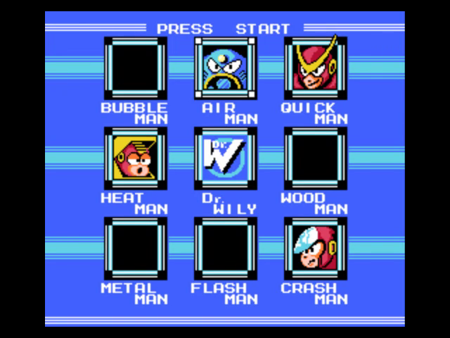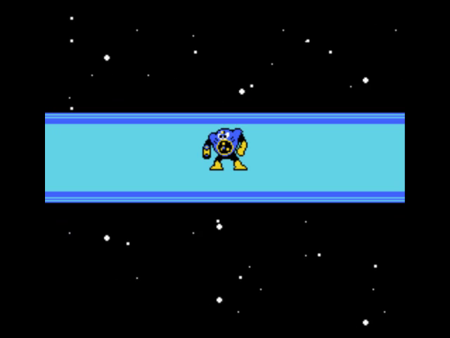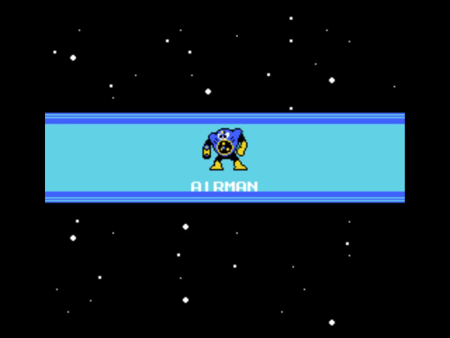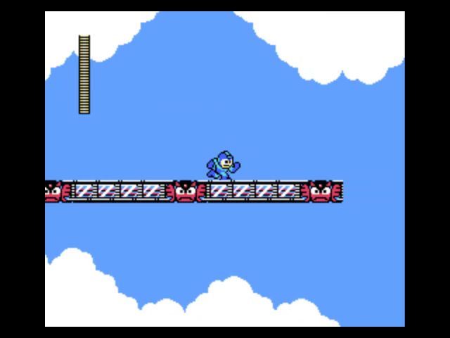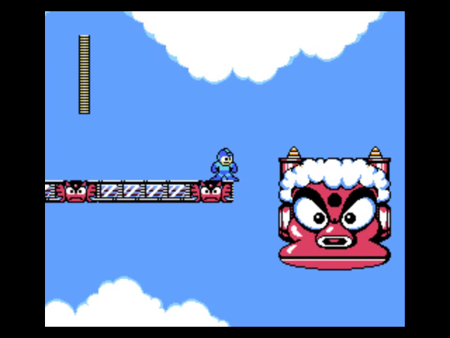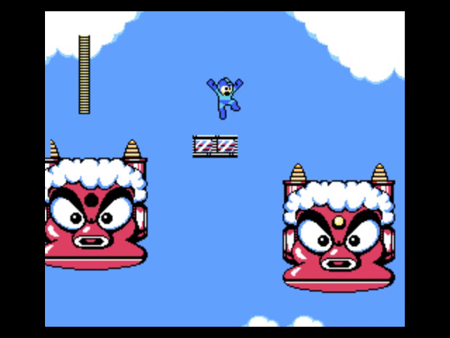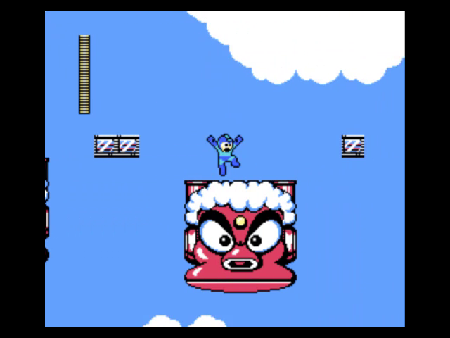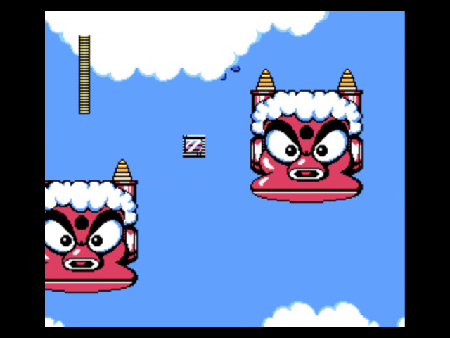And let's go with Airman next, since I now desire that item too. Now, right away we have the Air Tiki enemy. These little horns there provide a little... what's the word? Obstacle for you when jumping around. The little gremlins that come out of its ears will...